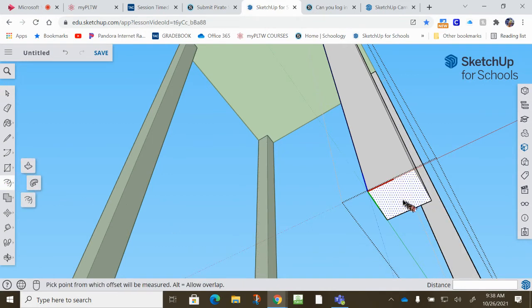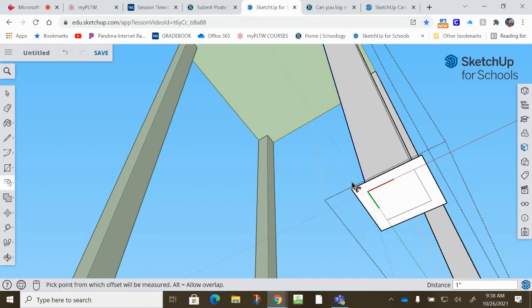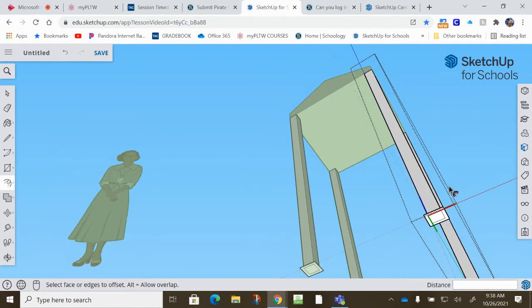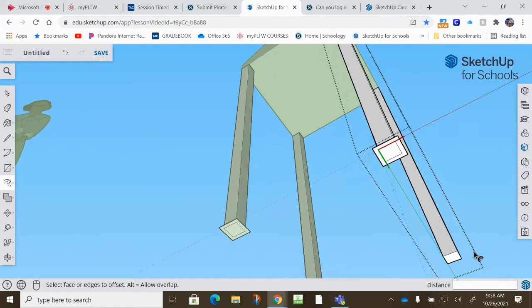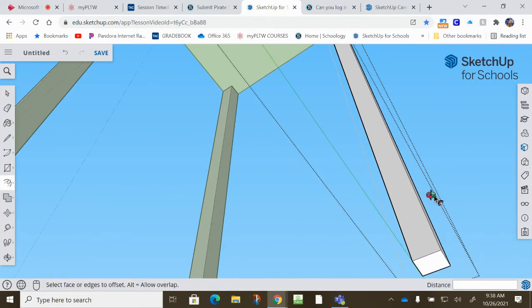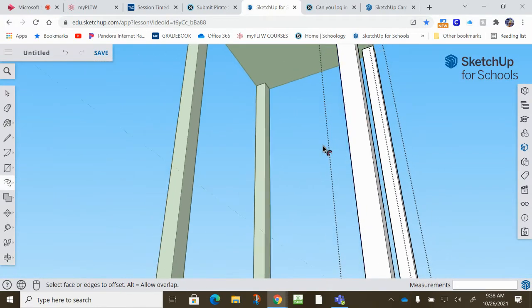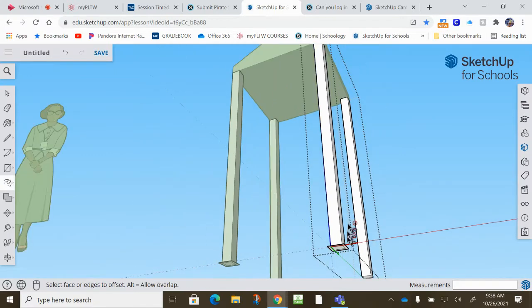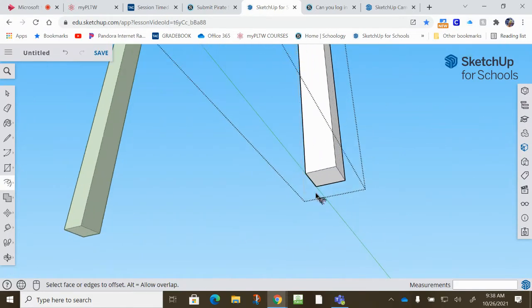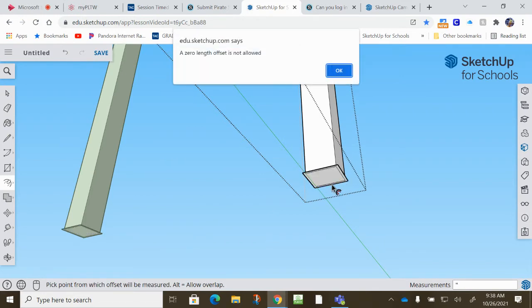So let's see if I can do an offset and make my offset a little bit bigger. So 1 inch bigger. And then let's see if it did it to both. Yeah, see, I copied it, and that's not doing it to both pillars. It's just doing it to the front one. So I'll just need to duplicate my efforts here very briefly. So if you do this to the first one and don't copy it,